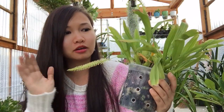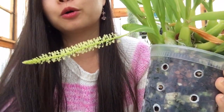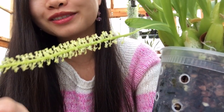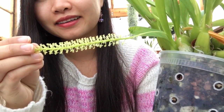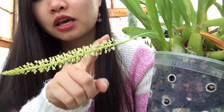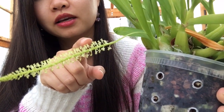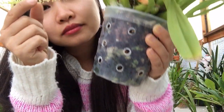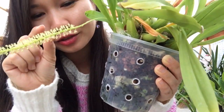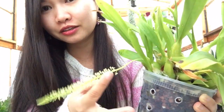It's got a lot of different spikes. This is the most mature spike, so the flowers are super duper tiny. So there it is. This whole entire spike is covered with flowers. They are so tiny that you can barely enjoy them, but it's adorable. And if you are into the tinier flowers,